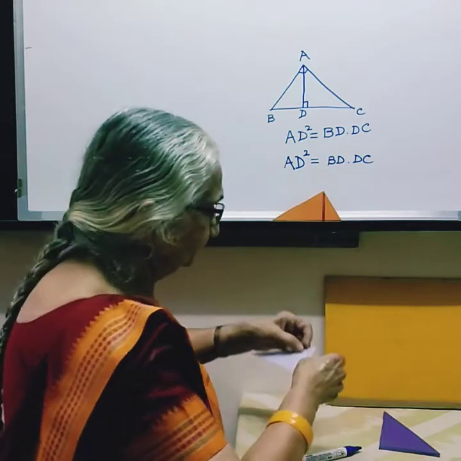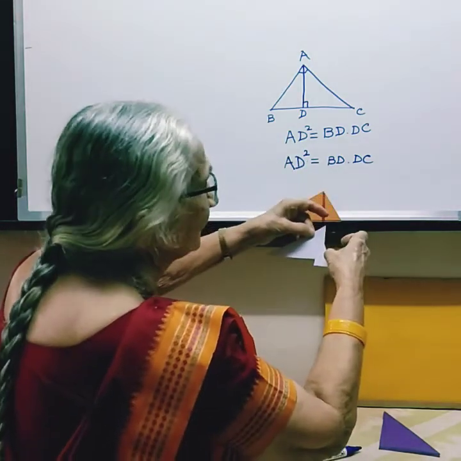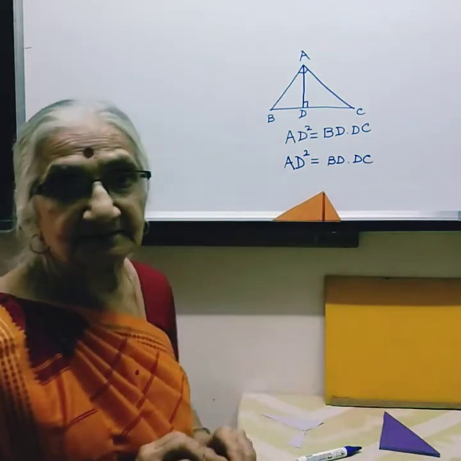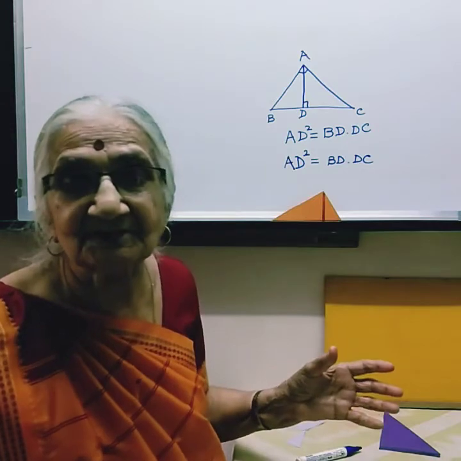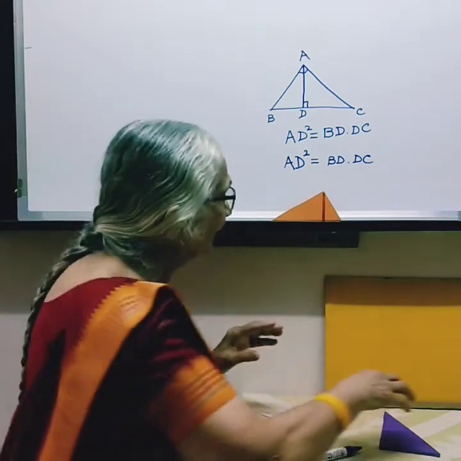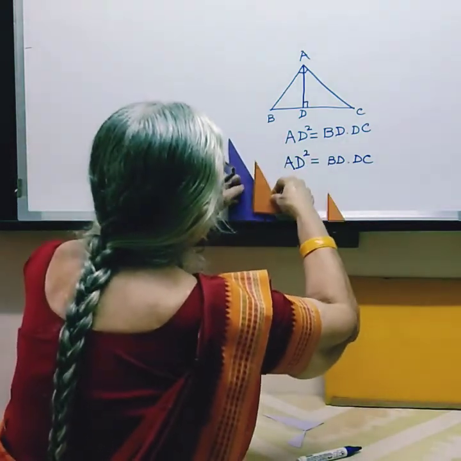So now we have two small triangles like here, cut along the altitude. Now we have to make the big triangle, and any big right triangle will not do. It has to be the proper size. And what is the proper size? Let us check once again what it was. See, what we did was,